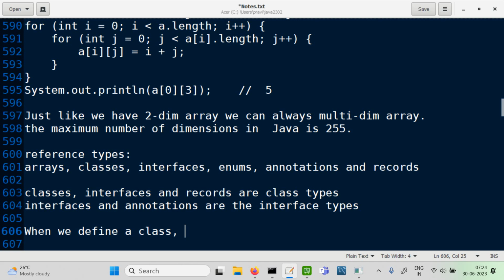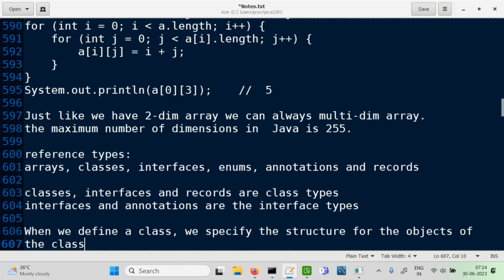When we define a class, we specify the structure for the objects of the class, as well as